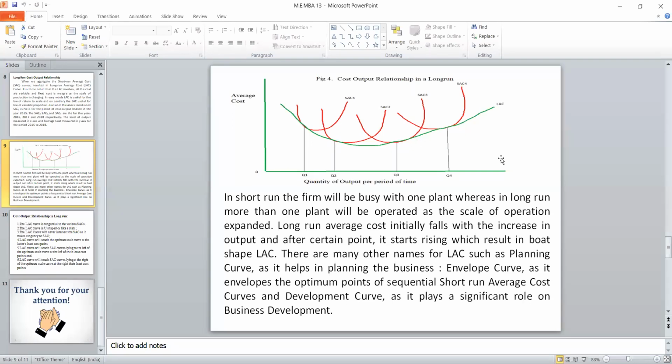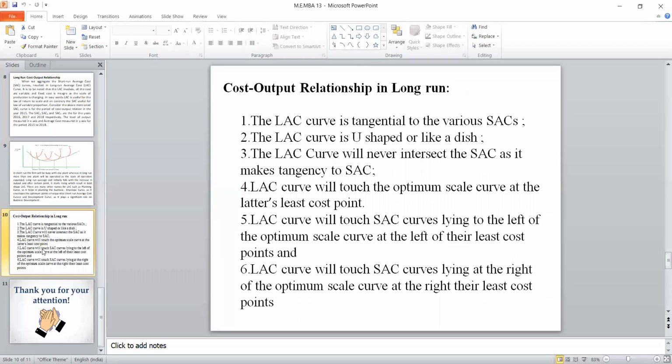All these represent only a cost output relationship in the long run. So it is a confirmed question, not only from the examination point of view. If you are in corporate, you should know how the cost output relation will work in the long run. So there are 5 implications. This is the most important one. Based on these 6 points only, out of 8 marks, 4 marks are only for these 6 lines. Why? Because this is the implication for the cost output relationship in the long run.